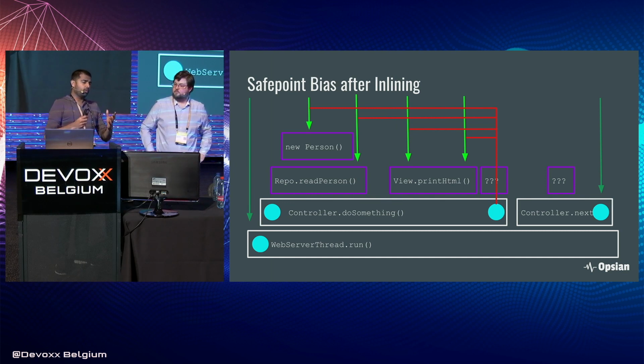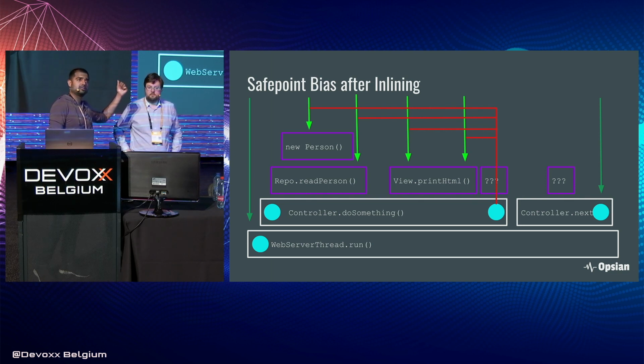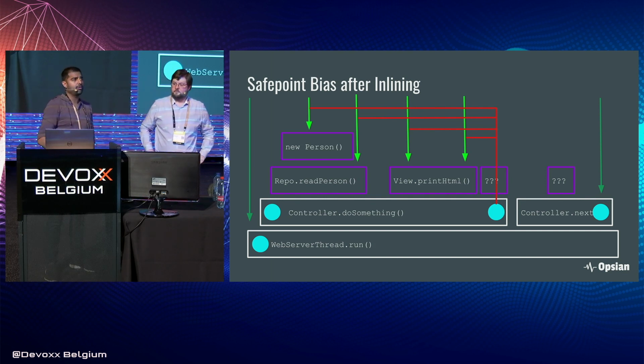Now, the reason why that's a problem is that getAllStackTraces requires a safe point, and that combined with the optimization that Hotspot does for inlining means we end up with a situation like we have on this diagram here. So we saw the nice idealized sampling before, and this is what actually happens if we use that method of profiling. So each one of these little blue circles is a safe point poll.